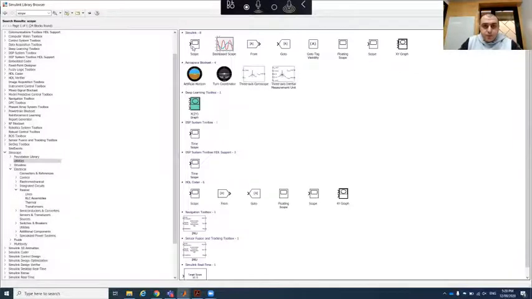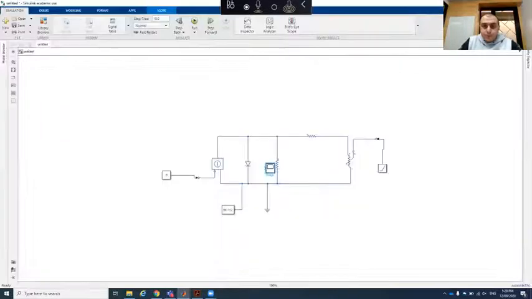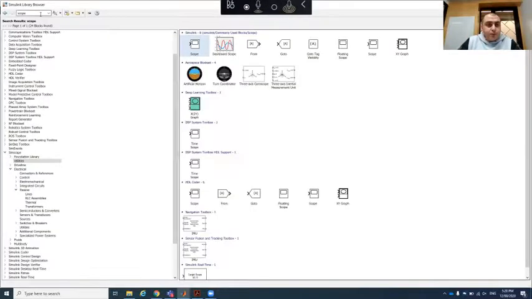I'm using the scope now. Okay. So here's my scope for this simulation. What I need to do is connect this scope with the circuit. I need to measure the output voltage and the output current. As you know, to measure the voltage and the current, you need some tools. Normally we use a current probe to measure the current and a voltage probe to measure the voltage. So here I have to use something similar. If I use sensor,